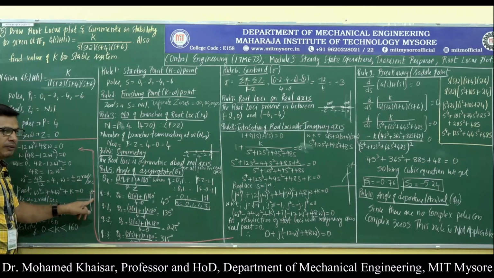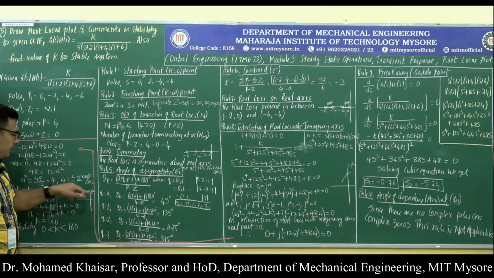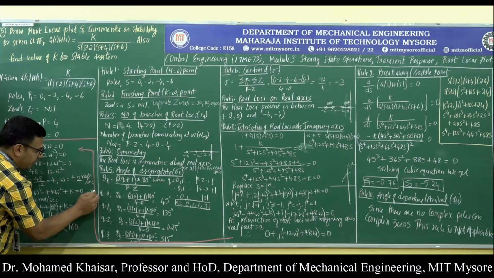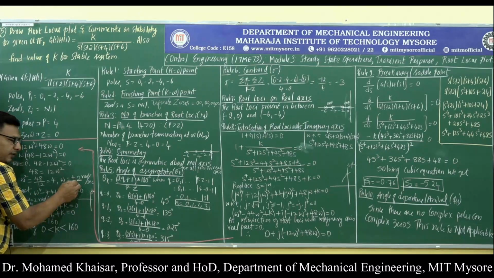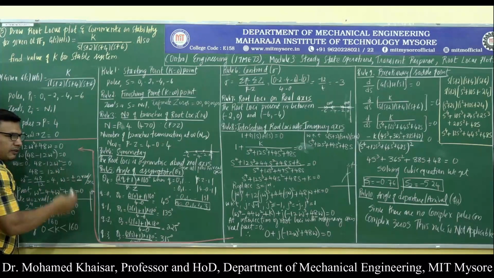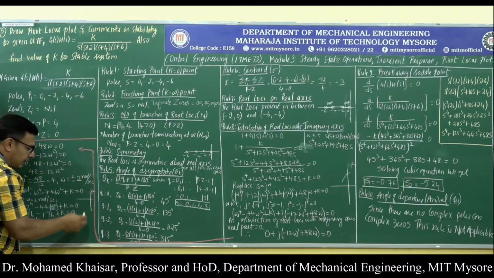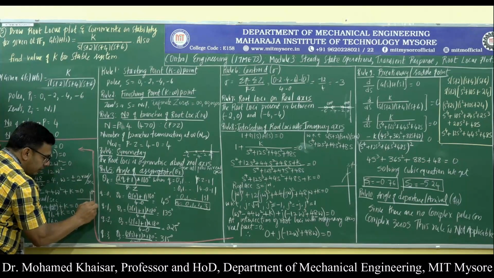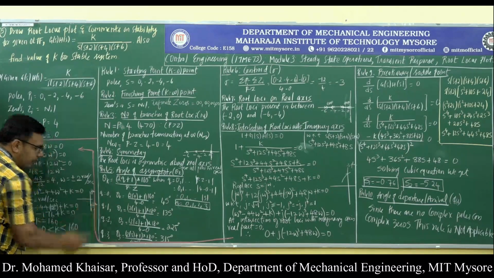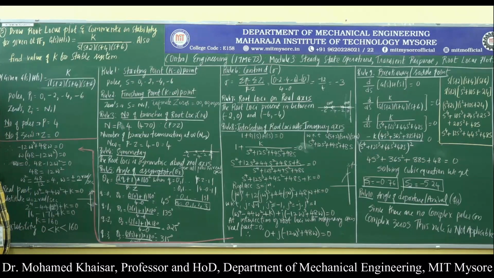Omega is nothing but j omega, it lies on the imaginary axis, where j omega is going to be plotted, and when omega is 2, then at j2 it is going to intersect one of the branches. Then minus 2, plus or minus, right? Plus 2 is above the real axis, that is the positive imaginary axis, and minus 2 is along the negative imaginary axis. That means along the negative imaginary axis at minus j2, one more branch of root loci is going to intersect. That is what it means.